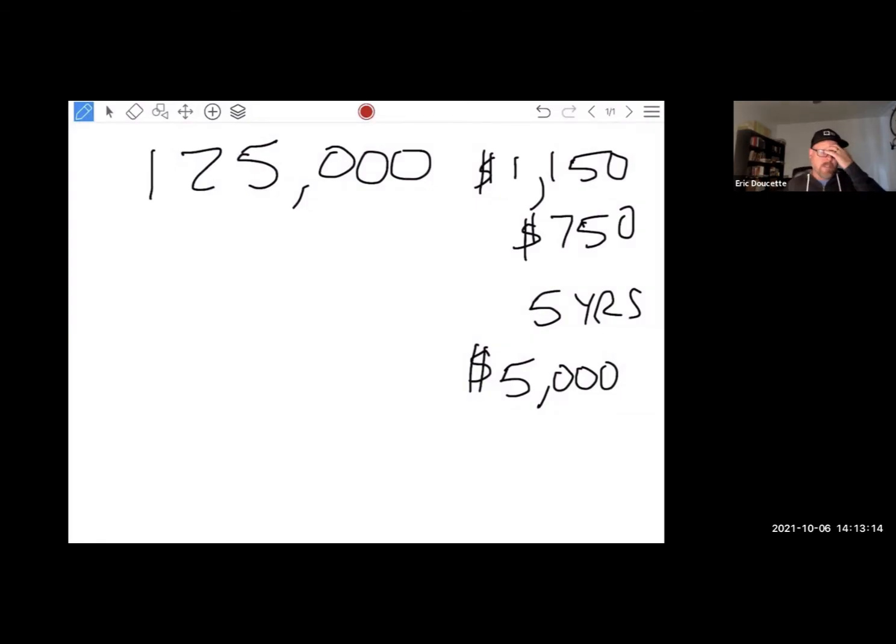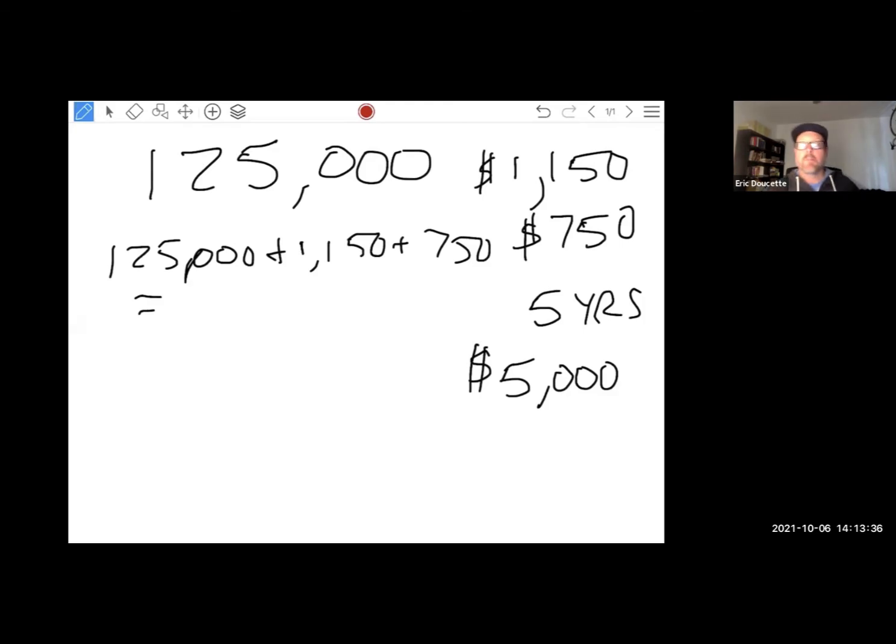So you have a $125,000 asset. There's a shipping cost and installation cost of another $1,150 and $750. Typically what you do on these problems is add all that up. So you add the $125,000 plus the $1,150 plus the $750. Let me do the calculator here. 125,000 plus 1,150 plus 750 equals